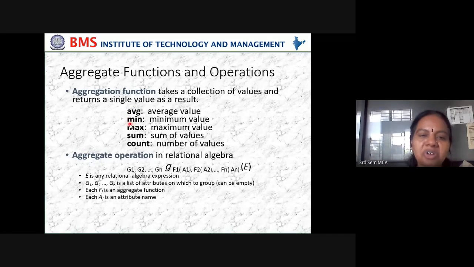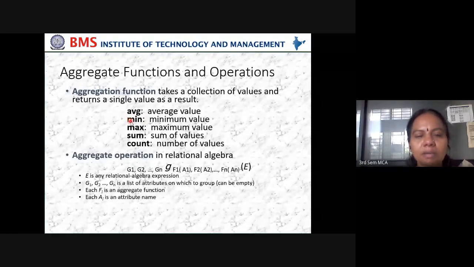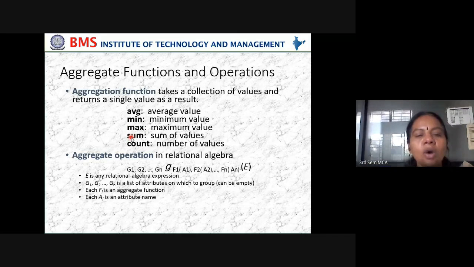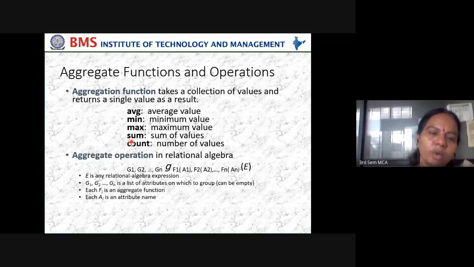In the same way, I want to know who got less in the DBMS. Then I will use the minimum function to find out who got the least in your DBMS subject. In the same way, I want to know who got the maximum in the DBMS. Then I can use max. The same way, I want to add your T1, T2, T3 marks and find out the sum. Then I may use a built-in function called sum. The same way, in your first internal, I want to know how many people have taken test one. Then I will use a function called count. So these are the aggregate functions which we will be using.